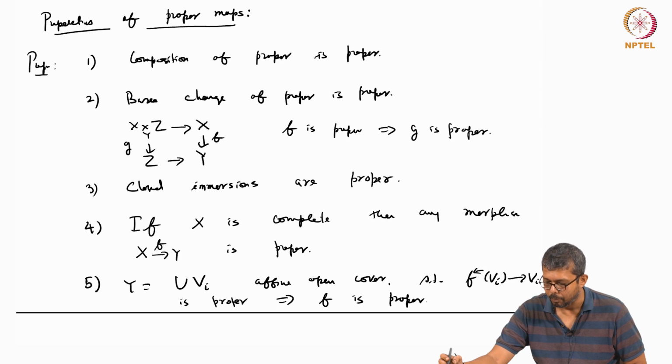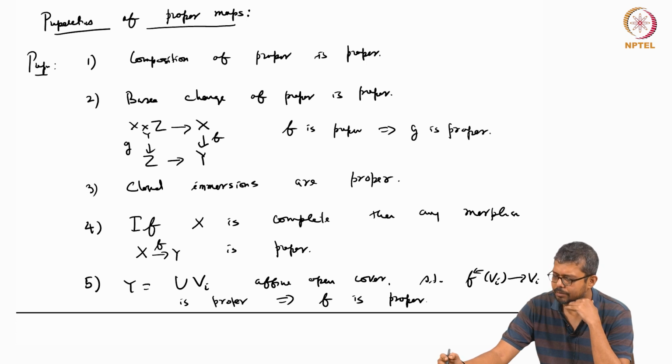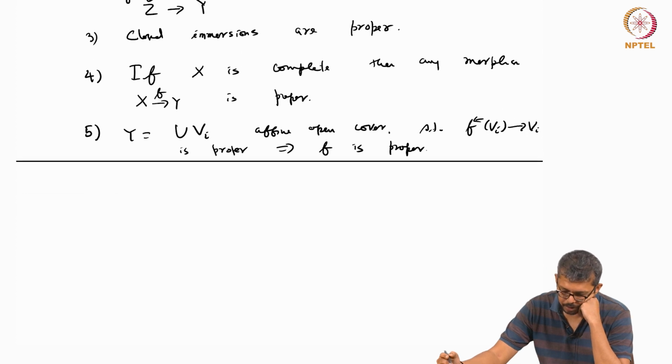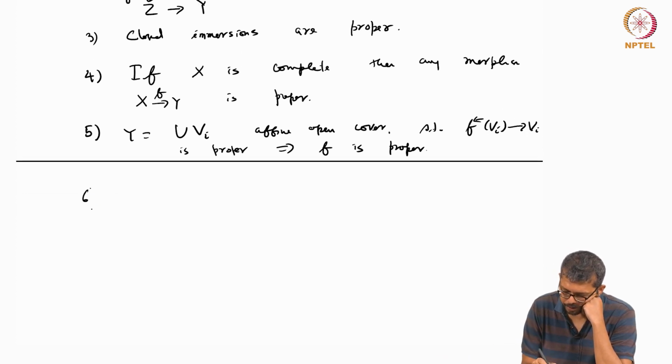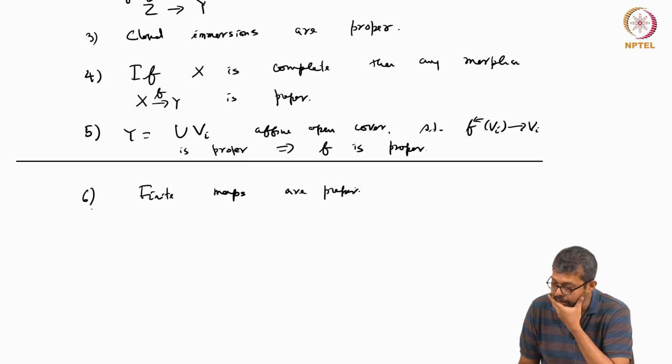What about finite maps? Finite maps are proper. In the definition, you require that projectives are complete. P^n is complete, that you need. Finite maps are proper. It is almost by definition. Yeah, I can include that finite maps are proper. You don't need projectivity because if it is finite,